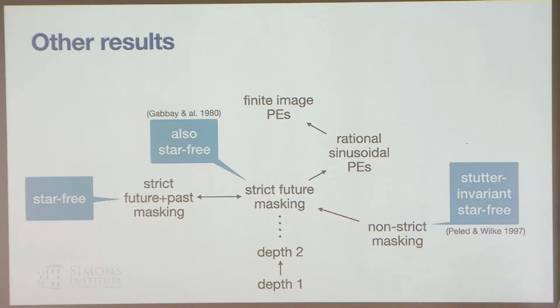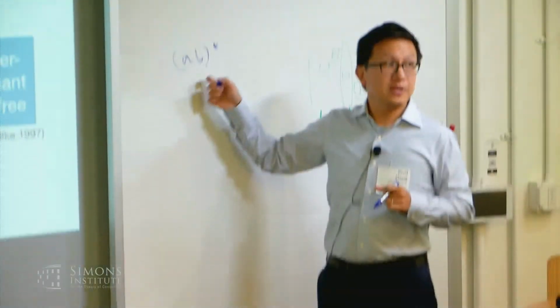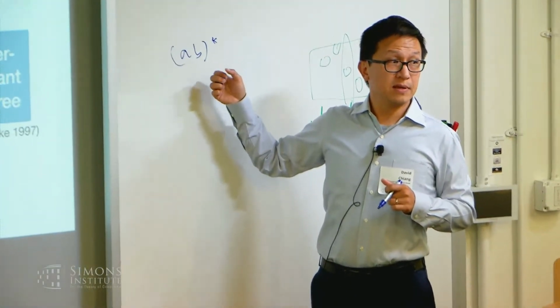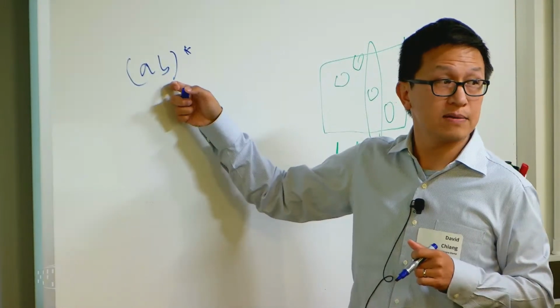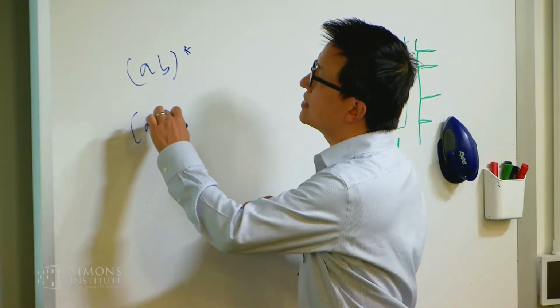Yes, question? I'm a bit surprised. Yeah, it's weird. It is weird. So what is in that delta? Like, what do you need? Because intuitively, I guess, these things are mutually simulatable. So I mentioned already that this is star-free. It is not stutter invariant star-free because this requires that there's exactly one A here and exactly one B here. But this is stutter invariant.